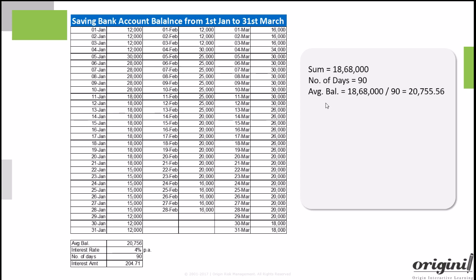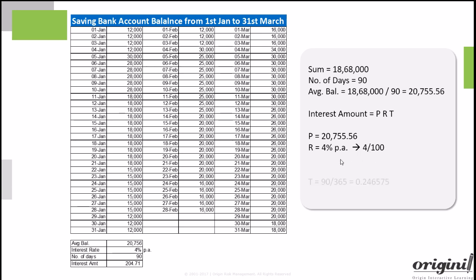You must have learned the simple interest calculation formula in school. It is PRT. That is, interest amount is equal to principal P multiplied by interest rate R percent per annum, and that is further multiplied by tenor T expressed in years. Well, in this case, principal is the average balance, interest rate is 4% per annum. We can put that as 4 upon 100.